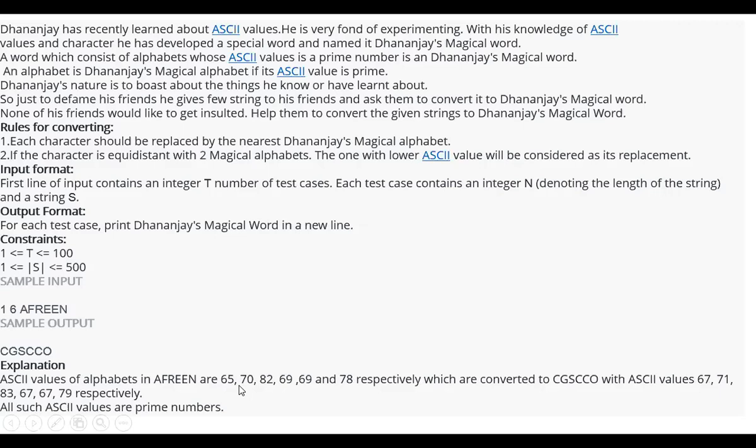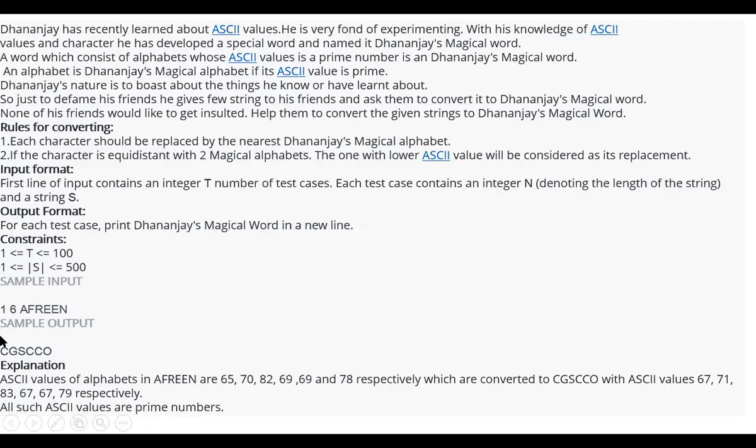The ASCII value nearest to 70 which is prime and also a character's ASCII value will be 71. And 83 is near to 82, 67 is near to 69, again 67 is near to 69, and 79 is near to 78. So all such ASCII values are prime numbers. Further, these will be converted into characters, and the resultant word will be CGSCCO. So this will be the final output.